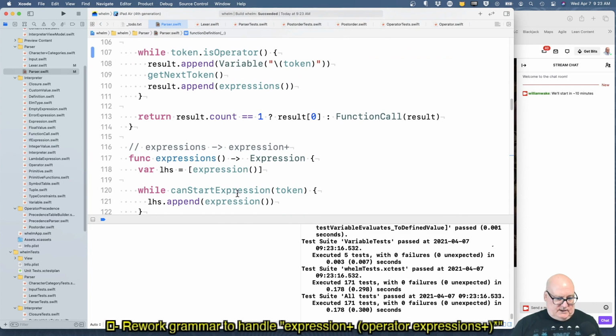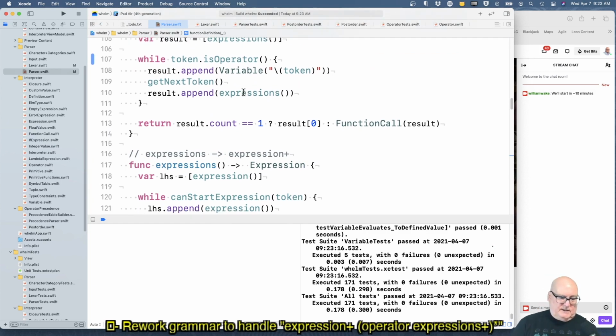While you can start the expression, while the token is an operator. That's kind of useful. The operatorness seems more inherent to being a token to me. The starting expression depends on the grammar, and that's more the domain of the parser. So that's why I see a difference there. But I think we're okay.